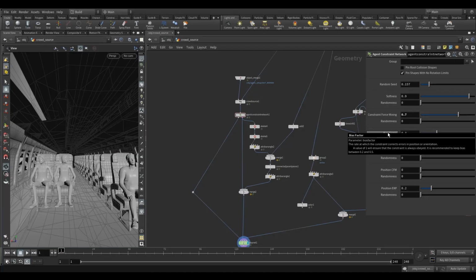And also I'm going to raise the bias factor, because our simulation is pretty violent, we got very high velocities in there, and raising this up so that the agents can correct the constraints quicker, basically. Okay, so I put that to the top limit, the recommended between 0.2 and 0.5, so I put it up